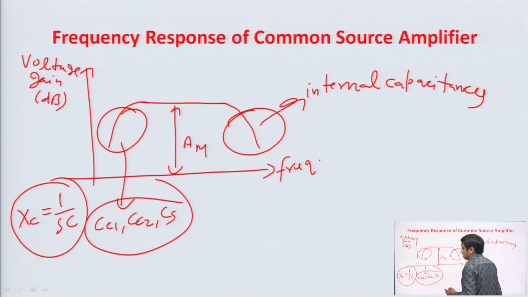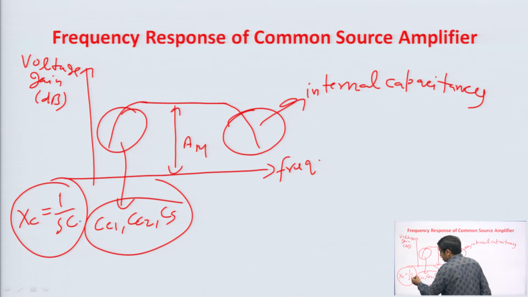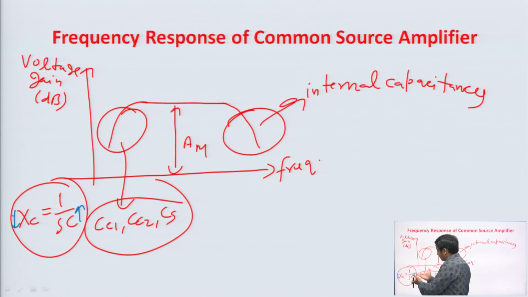Now, just see, since the values of the coupling capacitors are more, it means that the capacitive reactance will be less. If the reactance is less, then we can say that the coupling capacitor is acting as a short circuit. So, we have assumed that. From here you can see that everything seems fine, because the capacitor value is more, so the reactance is less. So we have already considered that the coupling capacitors are acting as a short circuit.